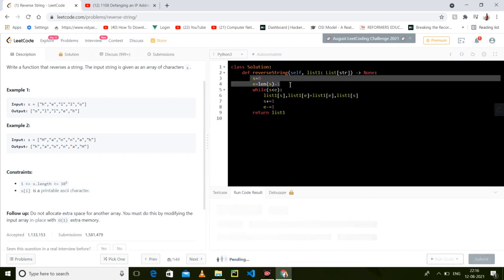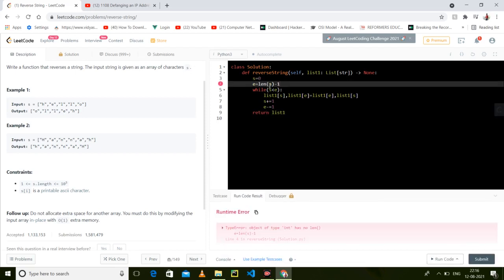It is the starting index, and we are just traversing, we are doing just in place swapping.